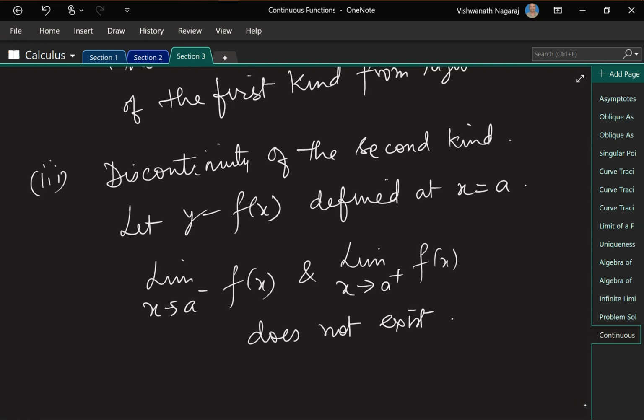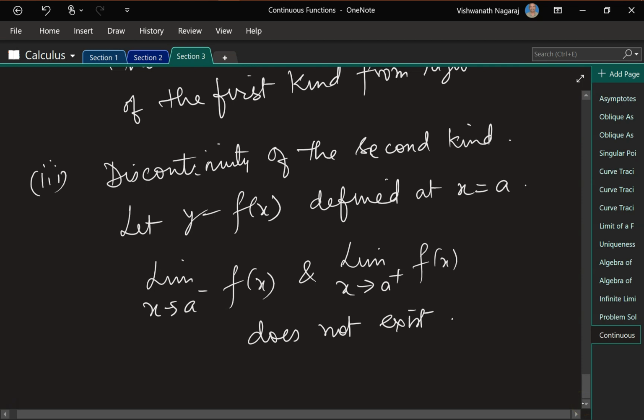In the next session, we will look at some problems being solved based on this. Problems in terms of figuring out whether a given function is continuous or not, and if it is not continuous, what type of discontinuity